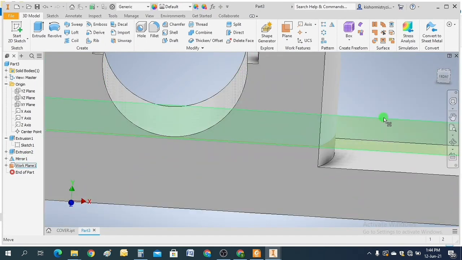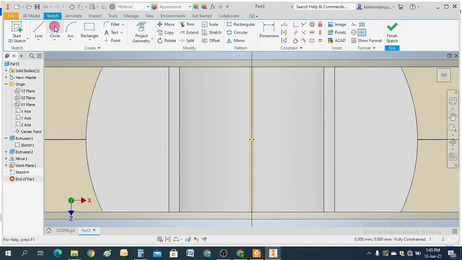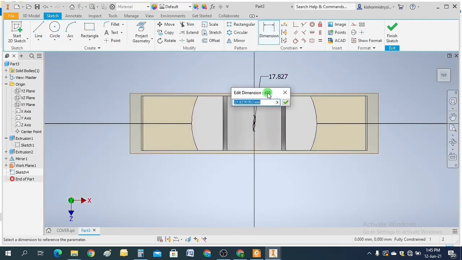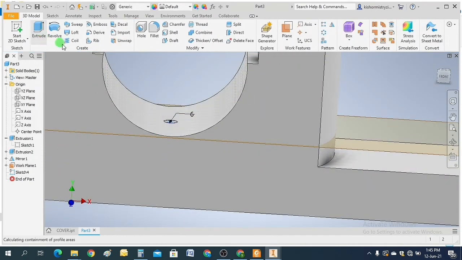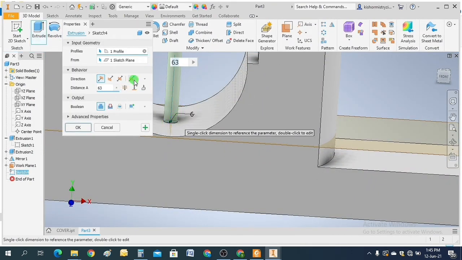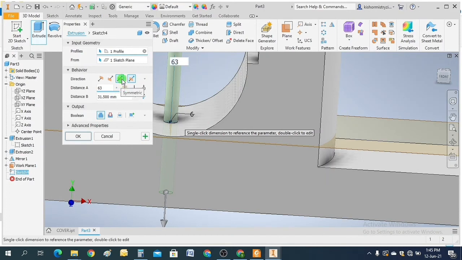Again go to work plane, create sketch, draw a circle this time, diameter 6, finish sketch. Extrude in both directions symmetrically.